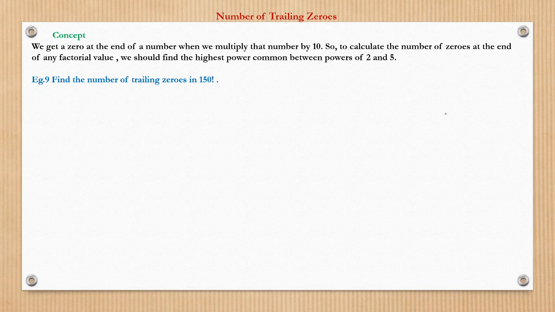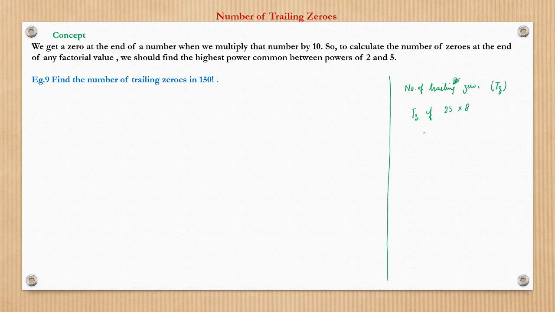Suppose I have to find the number of trailing zeros. By number of trailing zeros, we mean the number of continuous zeros at the end of the number. So number of trailing zeros, from here on I write this as tz. So tz we have to find of 25 into 8.